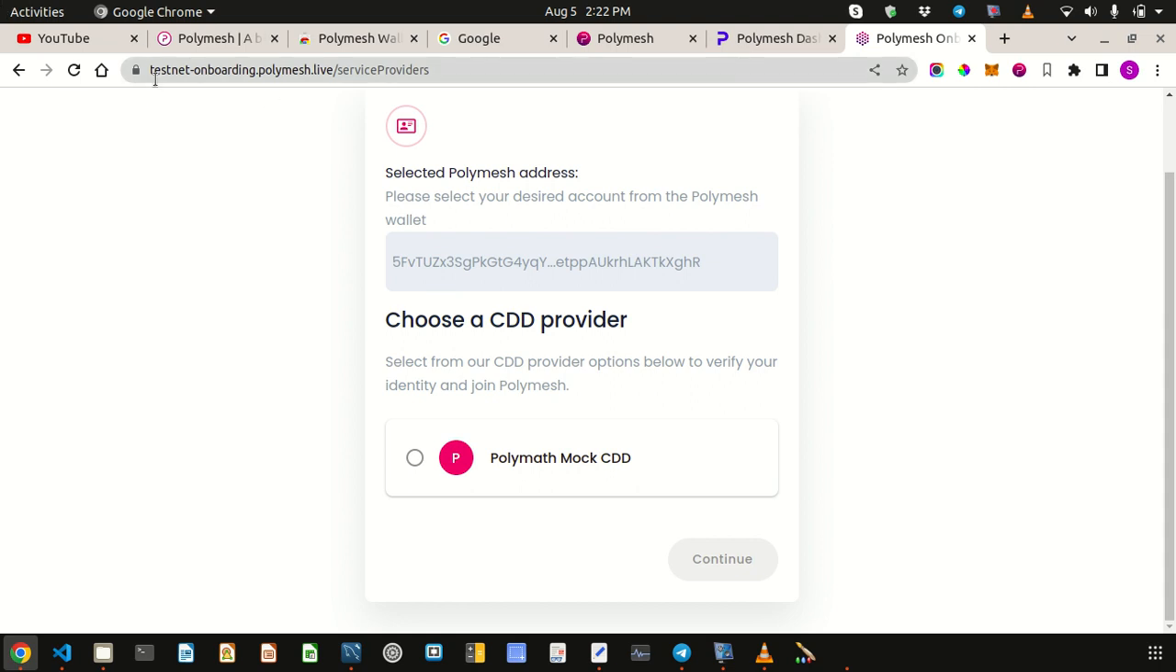I'm connected with the testnet, so there's only one Polymesh CDD provider that you can select. That's a mock CDD provider, but if you are connected with the main network, there will be multiple CDD provider options available. Those CDD providers are organizations external to the Polymesh network, who have been authorized by the Polymesh network, and they have been given the authority to verify the new accounts on the Polymesh network. So for this network, simply click on this and click on continue,